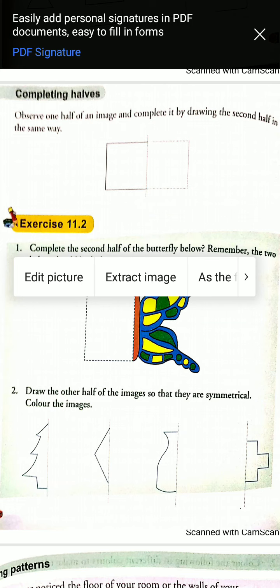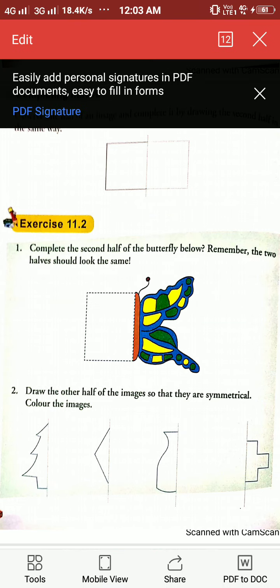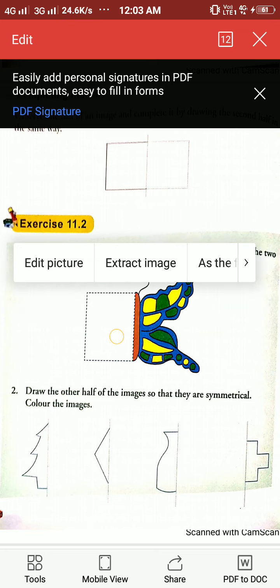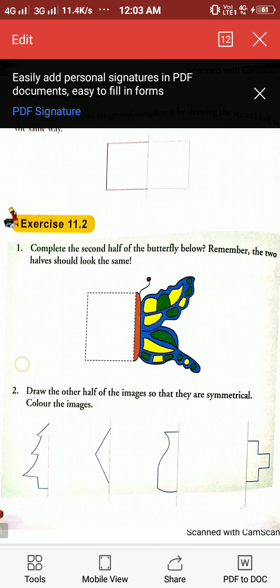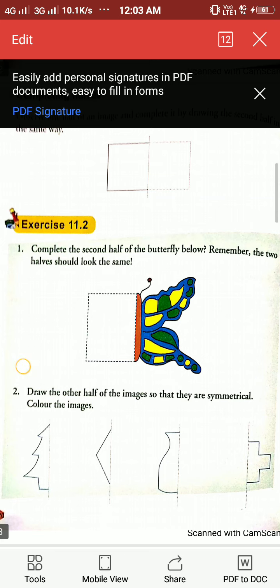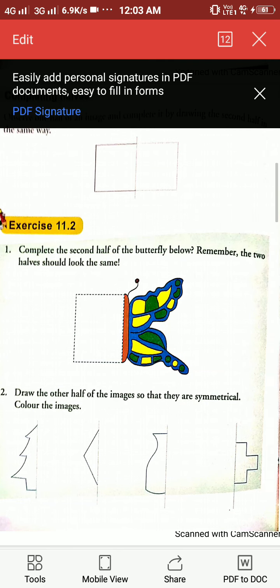See here students, what is this? I think this is a butterfly. Looks like a butterfly. They have given one box, you have to draw the same figure. Try to draw the same figure and color it also. Interesting? Yes, it is a very interesting exercise. But just imagine a mirror figure. You have to draw just like this, here like this. This is also. See the next one.